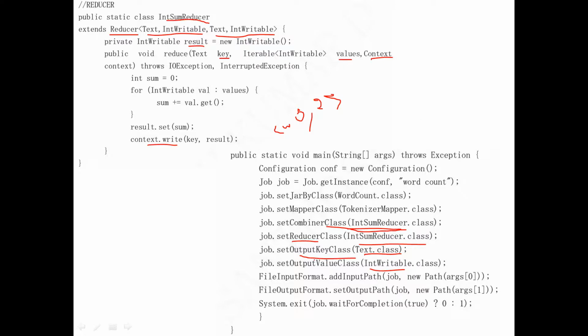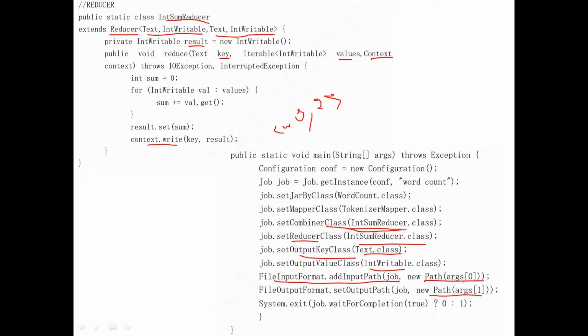Next we'll see the input and output format. The input format is given as job comma the path, which is nothing but the address where all those keys are stored. Similarly, for the output format, job comma where the given output will be stored.